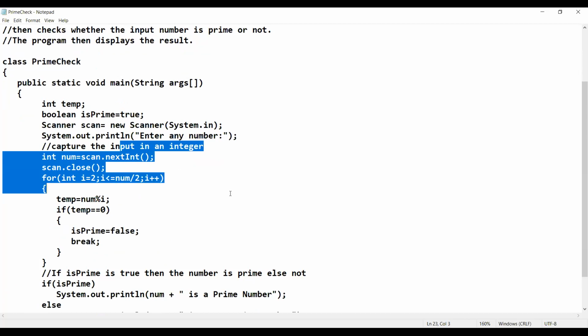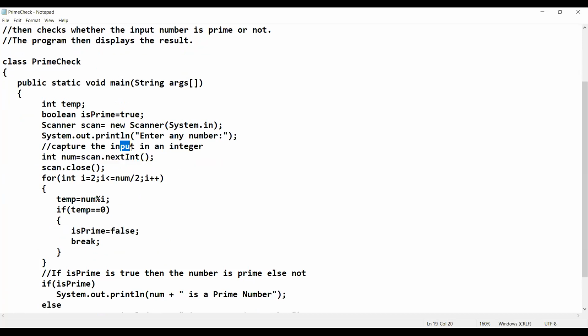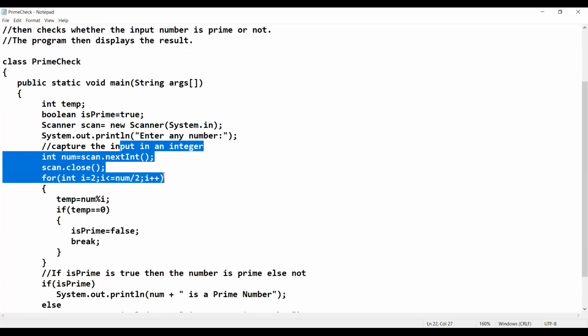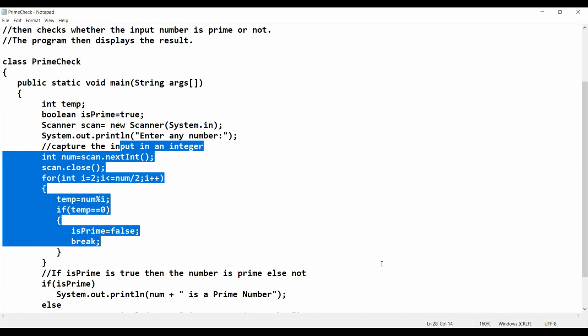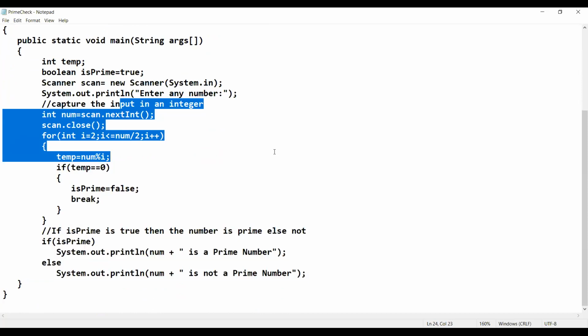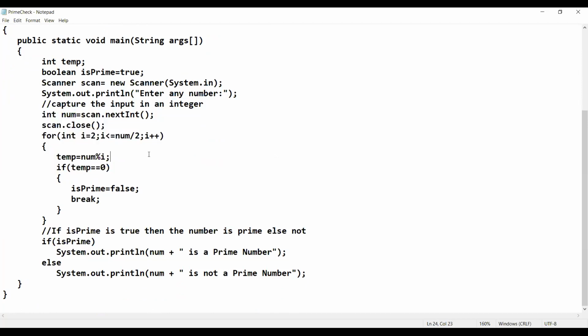So first I'm using a for loop. Inside the for loop, as I have said, there will be an initializing variable, then the condition, and then the iterating statement. As you can see here, we have temp. Inside temp, we'll have the number given by the user. We are going to check with the modulus operator, that is temp modulus i. Once we get the remainder, we'll check whether it is equal to 0.